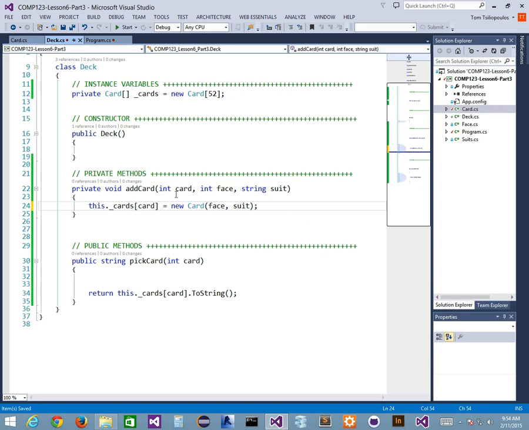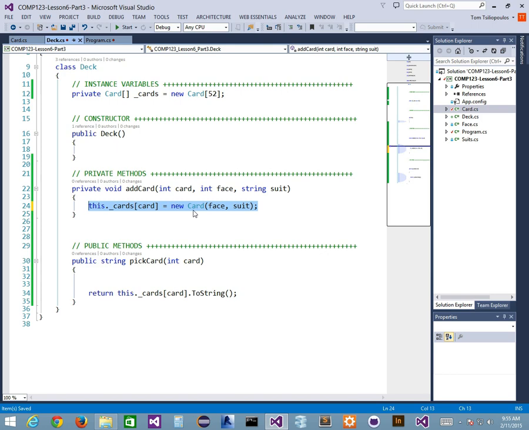Now this add card method, by the way, I'll be honest with you, is redundant, right? Because I can just use this one line here in some kind of loop, which I'm going to create later on, that'll build my card deck. By the way, I'm going a very long way around this whole thing. There are much easier ways of doing this, right? But I'm doing this because I want to demonstrate